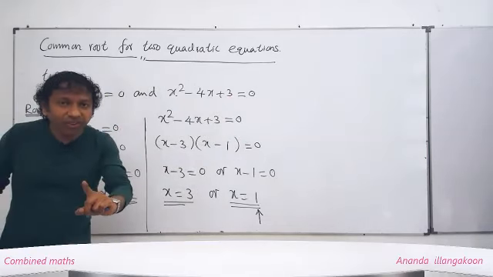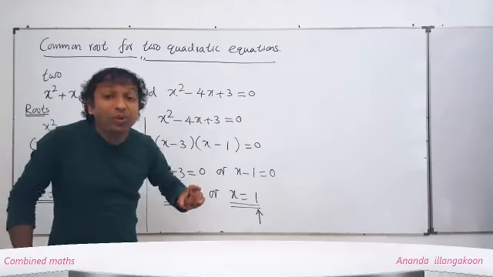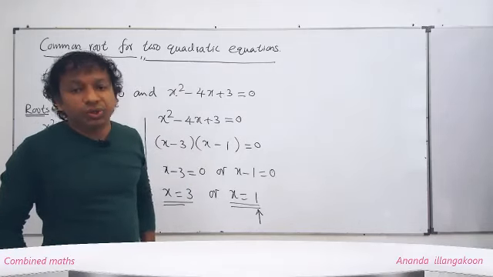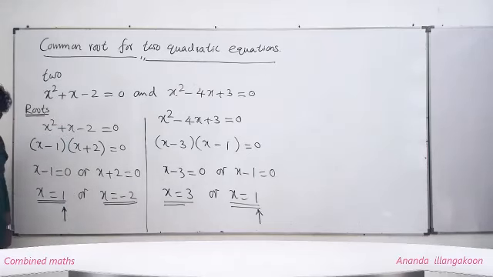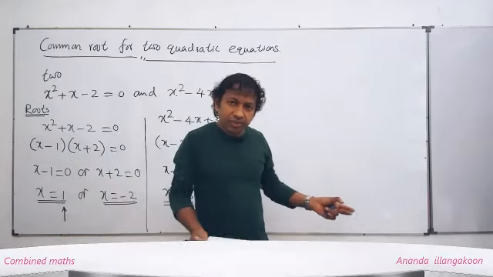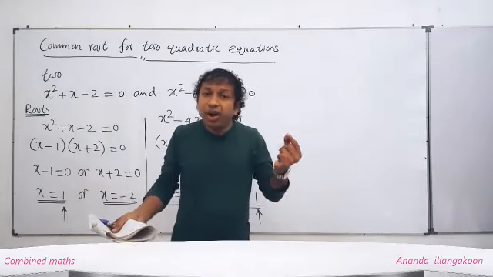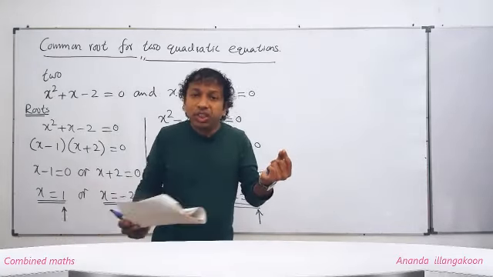So that 1 is called the common root of these two equations. Understand? That is the meaning of the common root. Two equations are given. We find the roots of the two equations separately. Once we find the roots, we see one value is common to both equations as a root. That value we call the common root of the two equations. So then we can write, therefore,